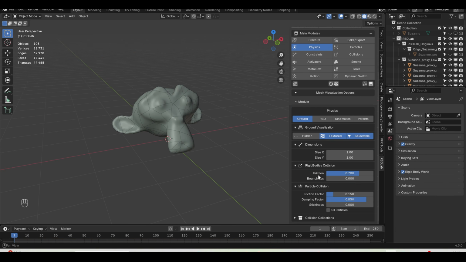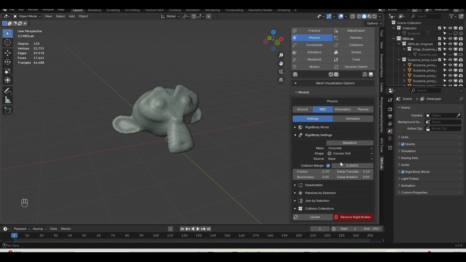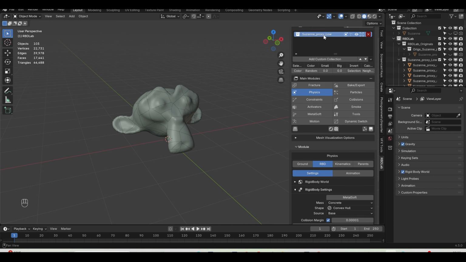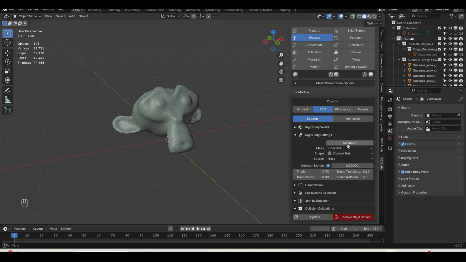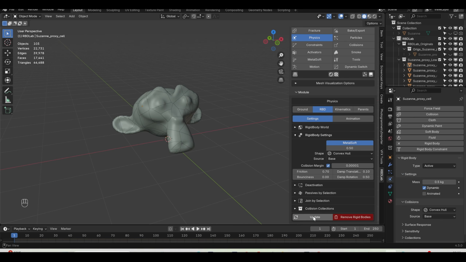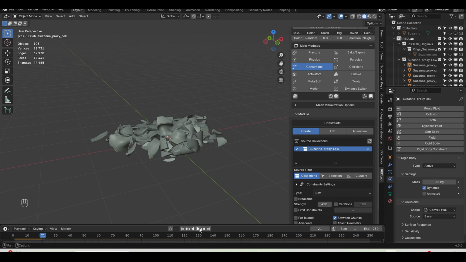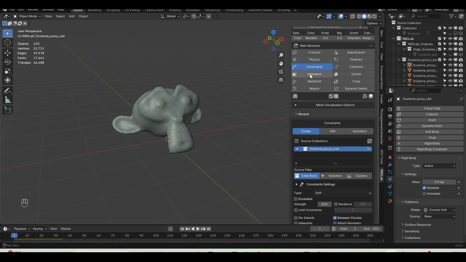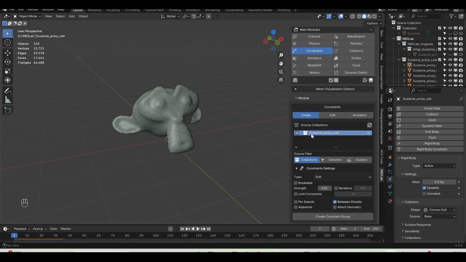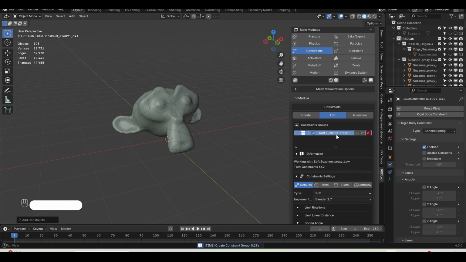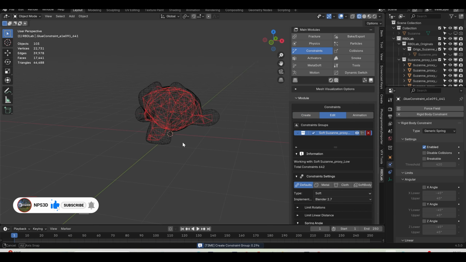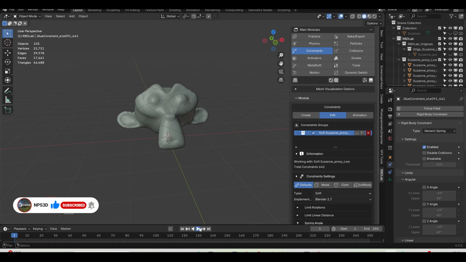Once we have applied the ground, I will go to the rigid body, and here I will select our collection, and in our case there is only one collection so it will be selected by default, and I will click on this metal soft and update. Now I will go to the constraints tab because there is nothing changed. In the constraint tab, with the selected collection and the soft type, I will enable iteration 100 and create constraint group. If you toggle the visibility, you can see we have some constraints going on inside, and if I play, you can see